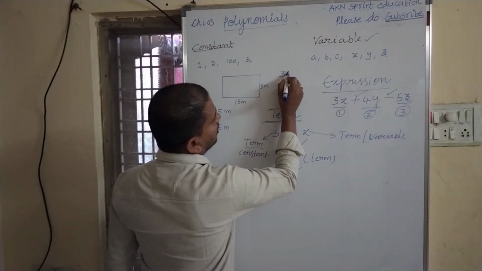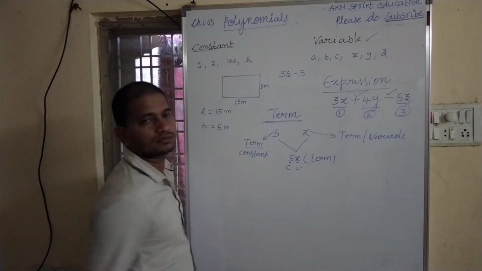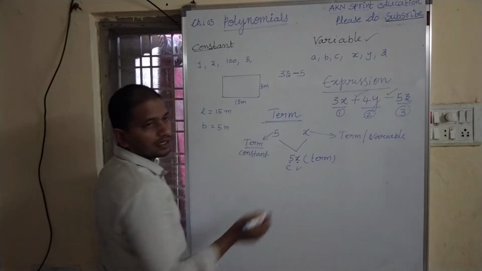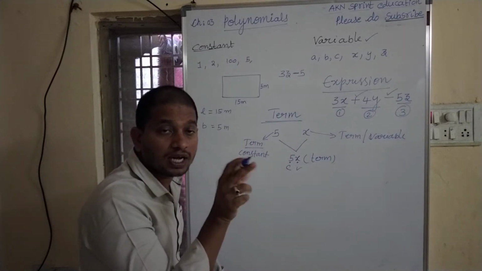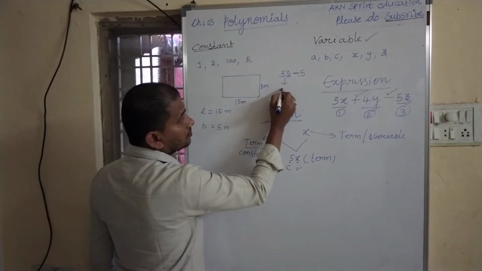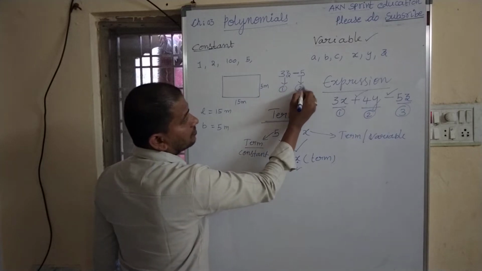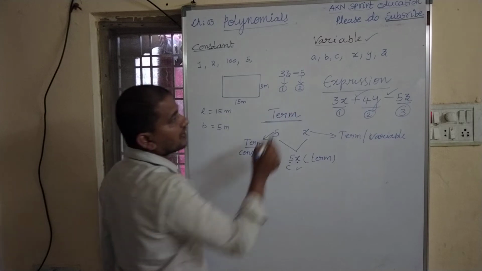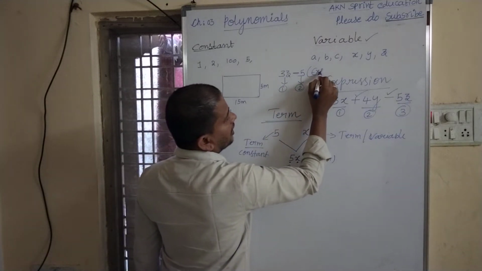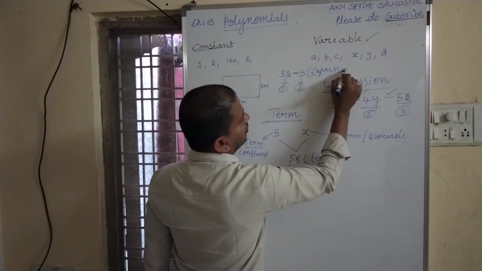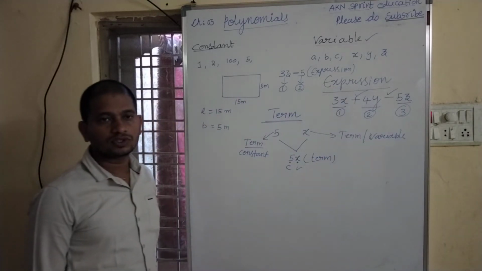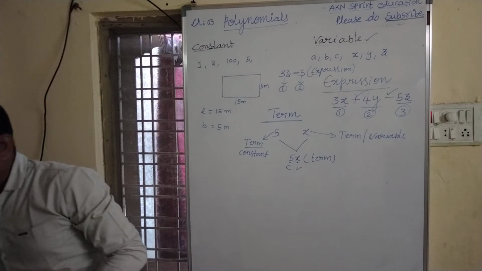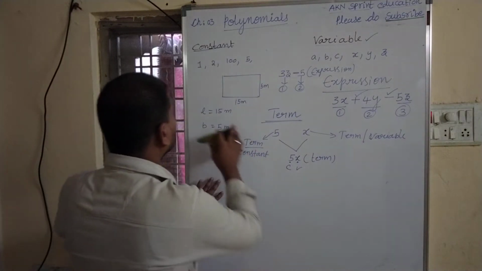Which is also an expression? For example, 3z minus 5. See here how many terms we have? Addition and subtraction will separate the terms. So 3z is one term and 5 is the second term, and these two terms are separated by the symbol minus. So then it is called an expression. If we know these basics, then we can go with our chapter, that is polynomials.